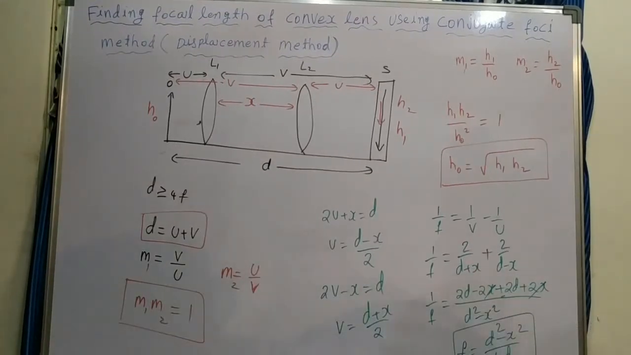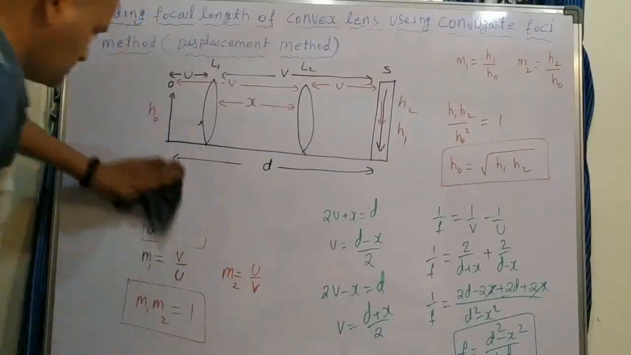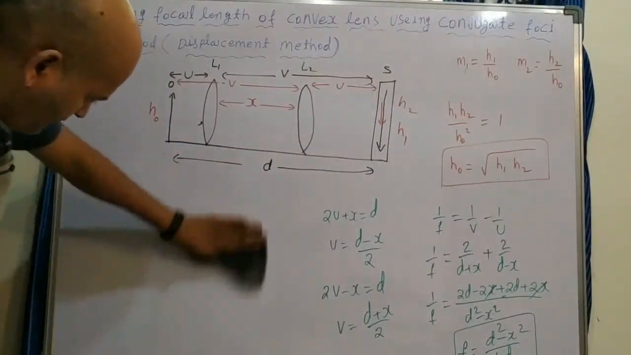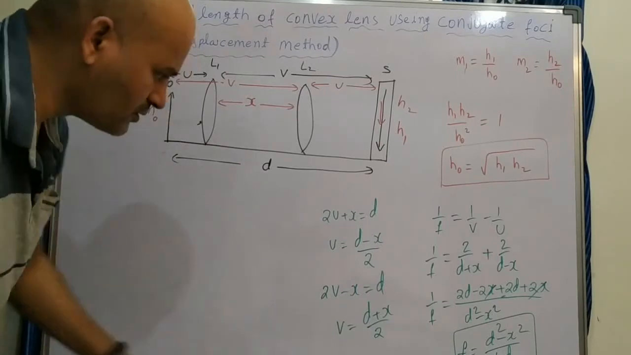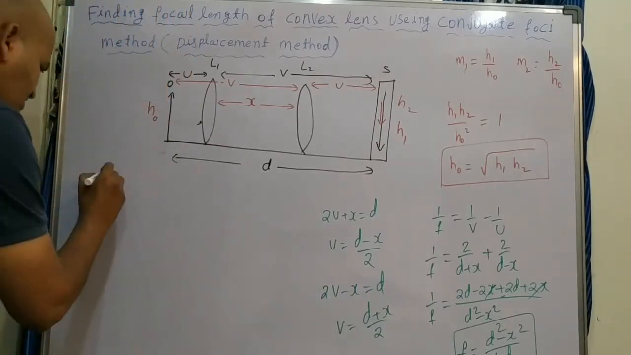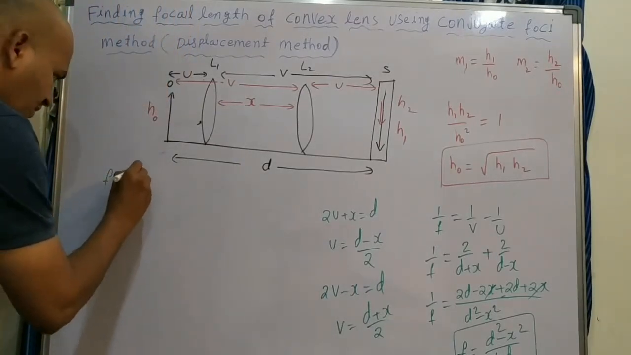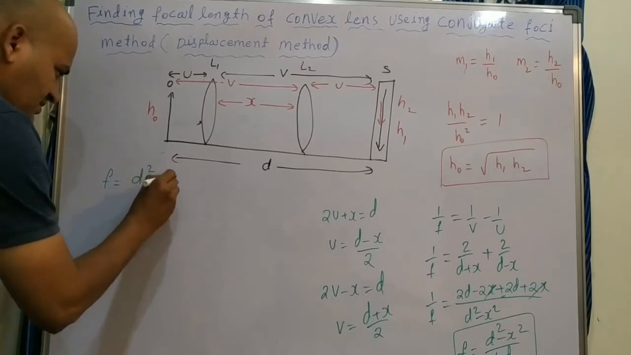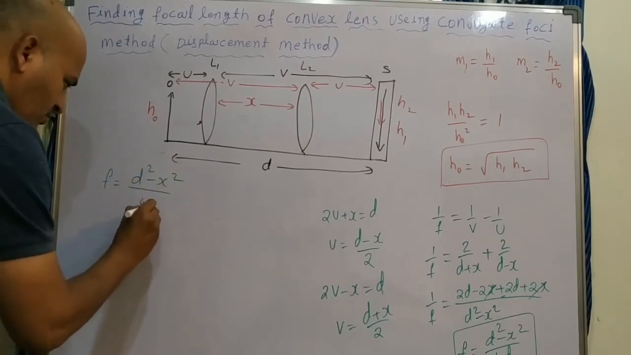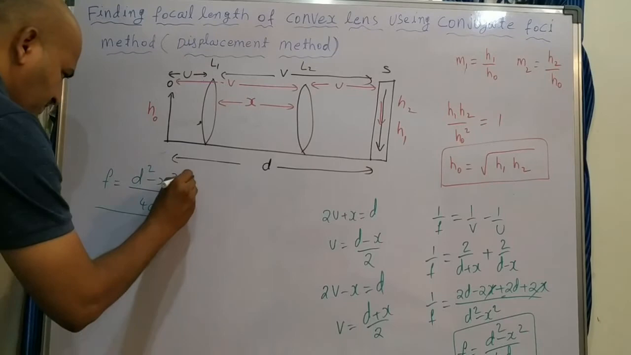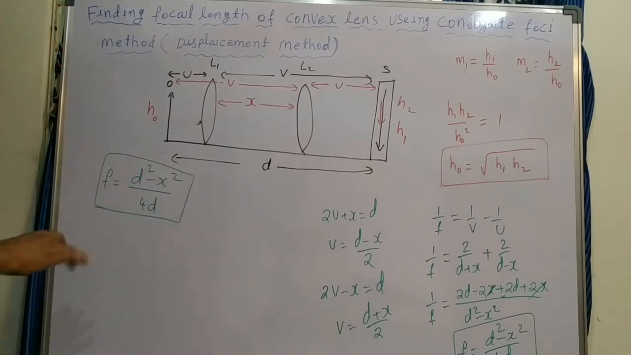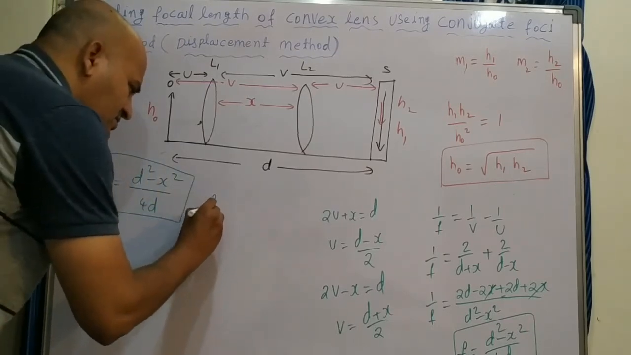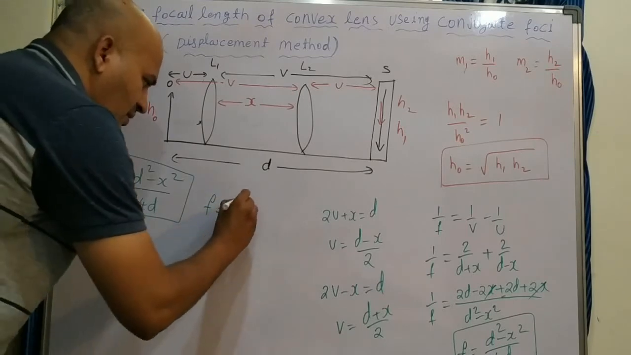This formula we see here. There we get f is equal to (d square minus x square) by 4d. This formula we can write like this also, f is equal to x by